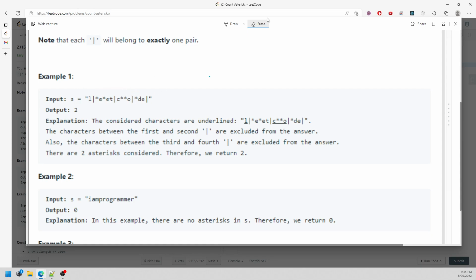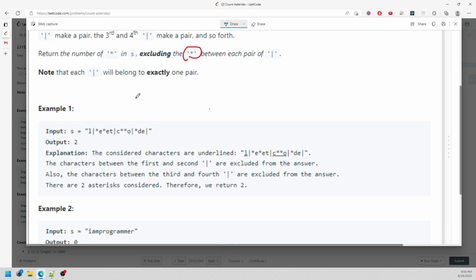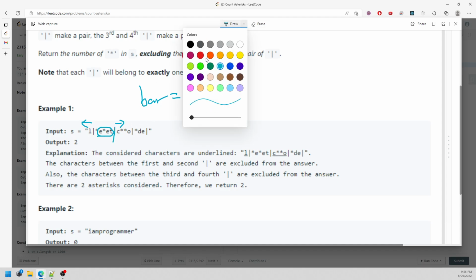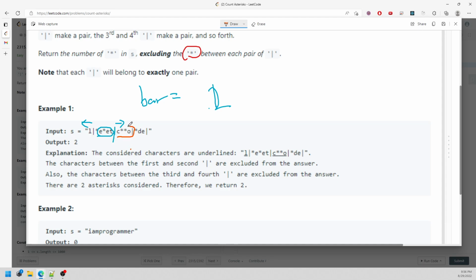So I'm back to example 1. For the vertical bar, I'm going to say bar is equal to 0 by default, and we can just keep traversing from i equal to 0. Once I see a bar, I increment my count, which is bar equal to 1 in this case. When bar equals 1, I don't need the asterisk in between, so I'll just keep skipping until my bar is equal to 2, which is at this position. So I definitely know that I need to count these two